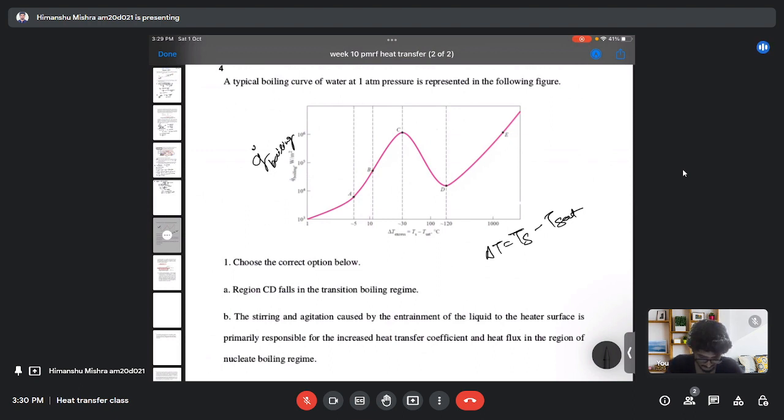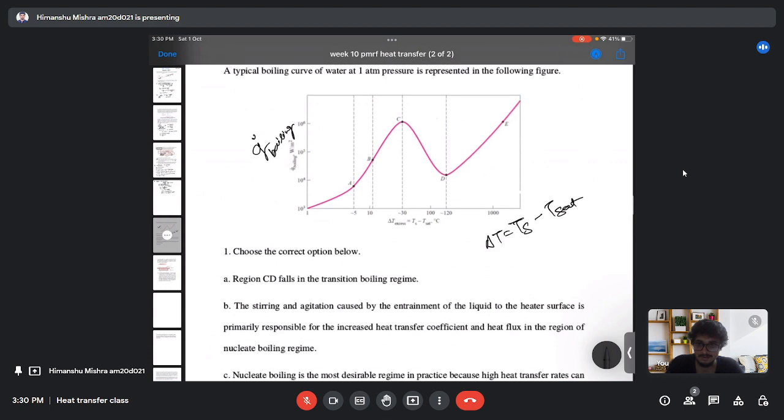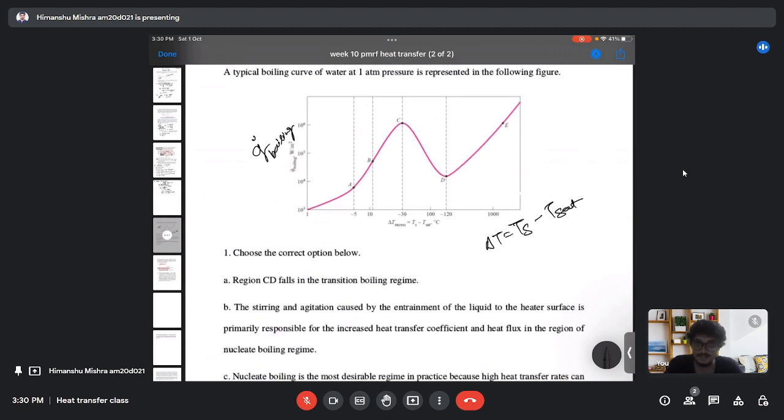So in this figure, option A says that region CD falls in the transition boiling region. This region is actually the transition boiling region, which is true. This is my nucleate boiling region,